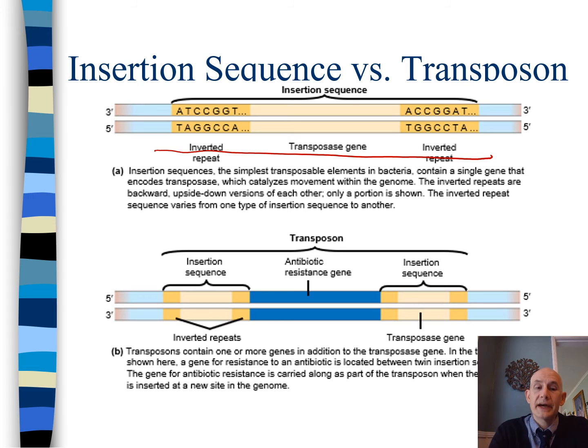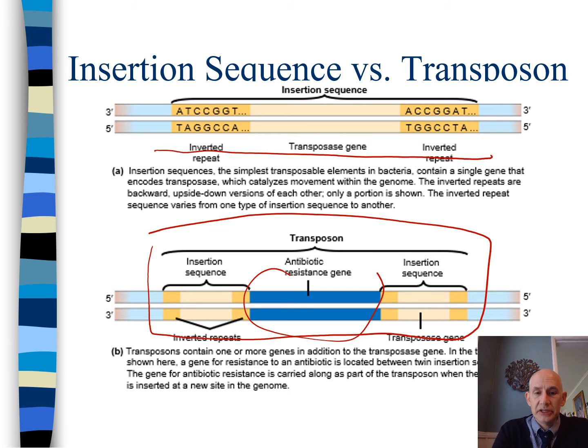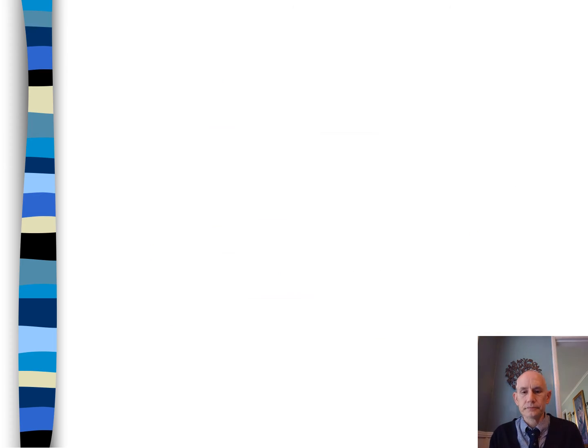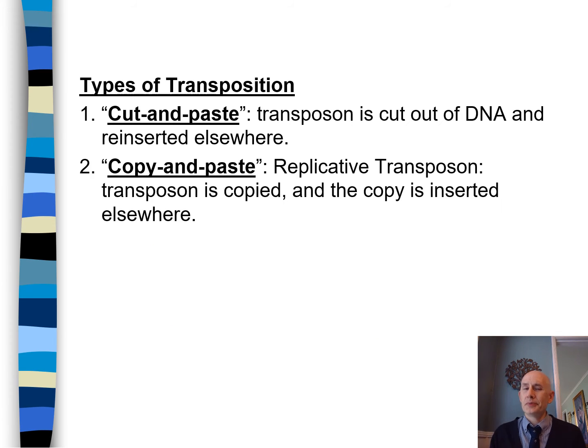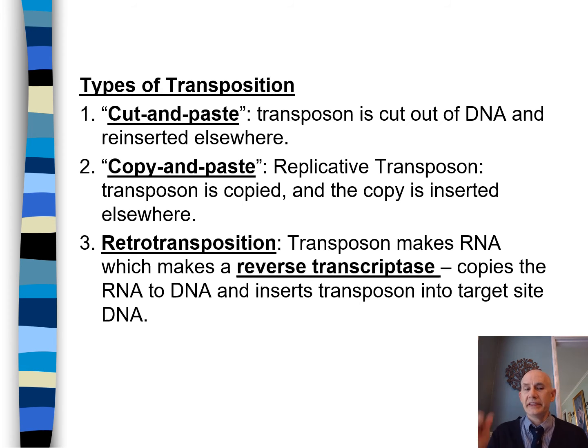You can also have what are known as true transposons, which are some gene in between two insertion sequences, and so that will cause it to jump and move around. The actual mechanism of how that works isn't super important. Just know that they can cut themselves out and move, or copy themselves, and the copy inserts somewhere else, or